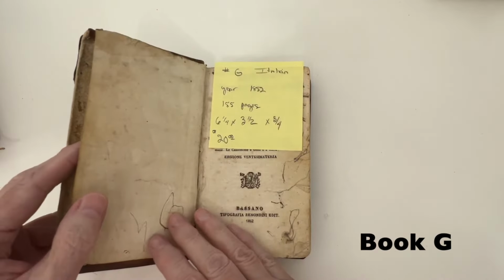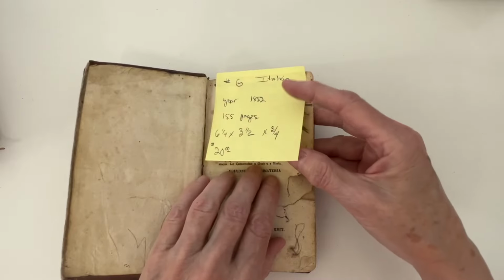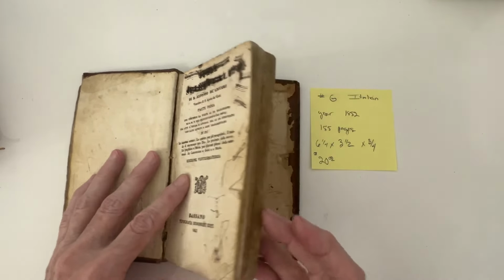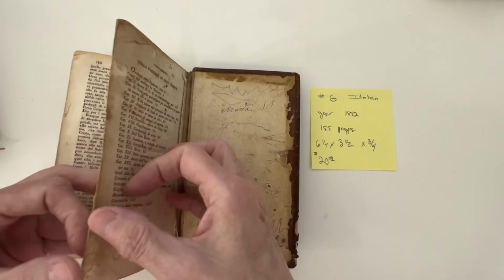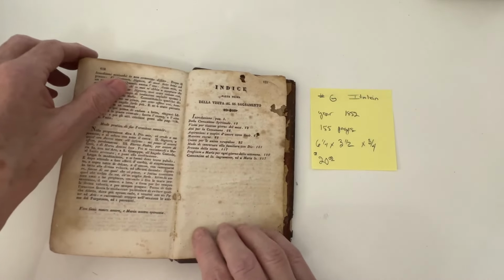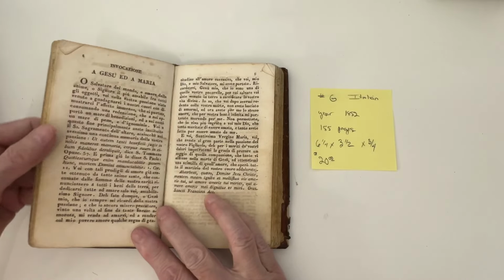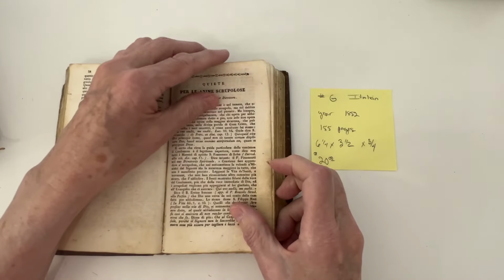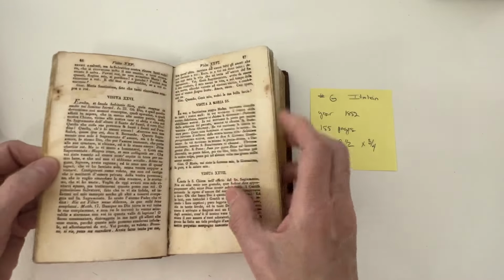My next book is number G. It's from 1852. It is 155 pages. And it measures 6.25 by 3.5 by 3/4 of an inch. And if you want to get an idea of the paper,